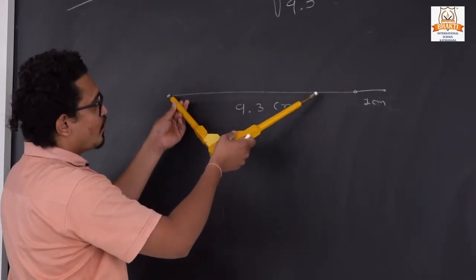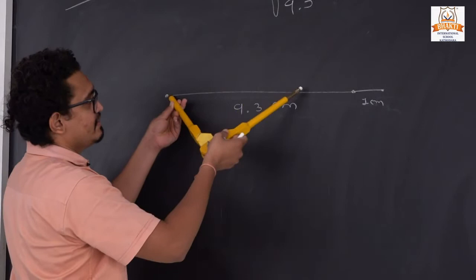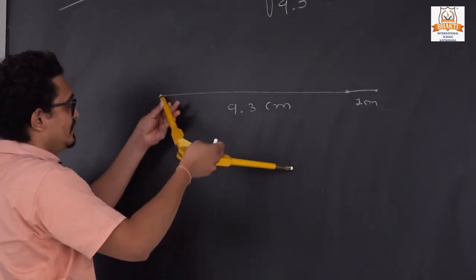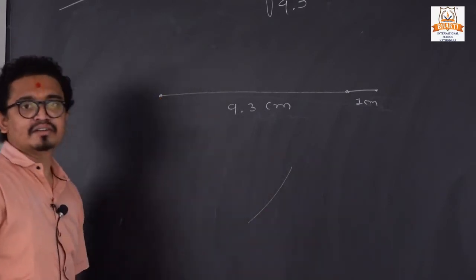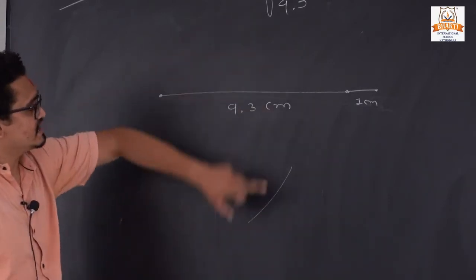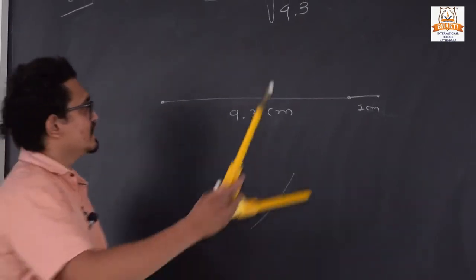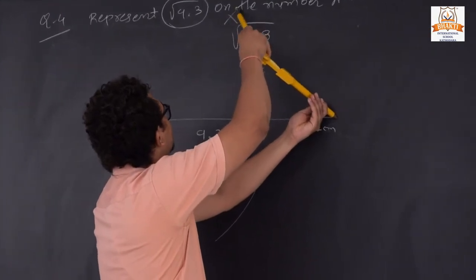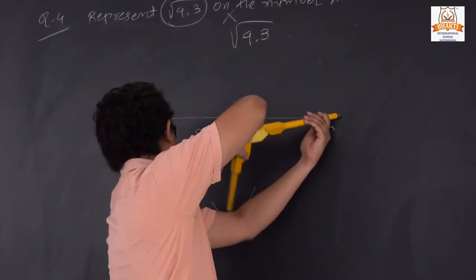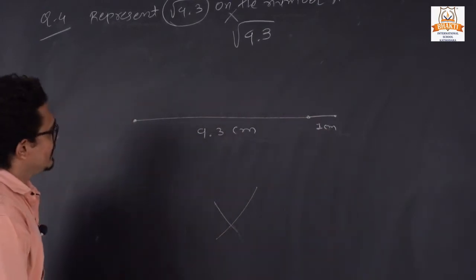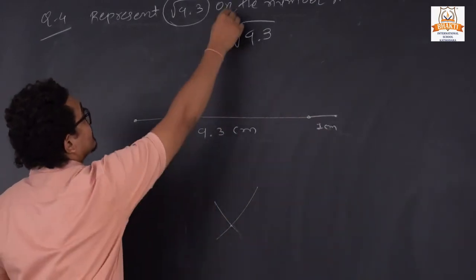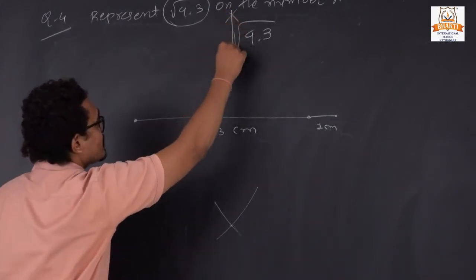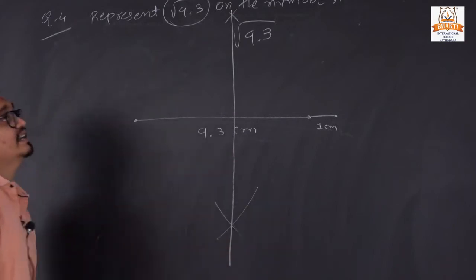We take more than half of the line measurement. We can draw one arc here, in the upper side as well as in the lower side. Then from the other point once again we can draw one arc. So here that is a bisector line. Now we can join these two arcs like that using the scale.